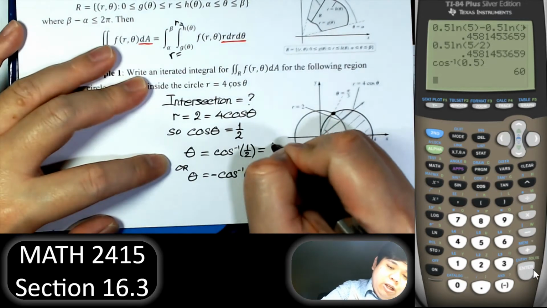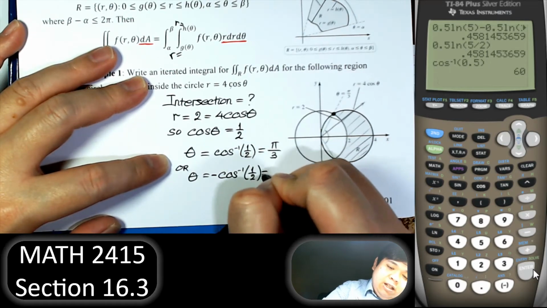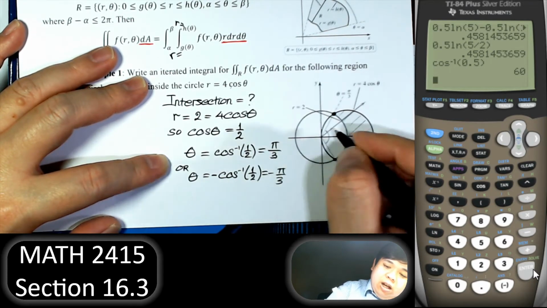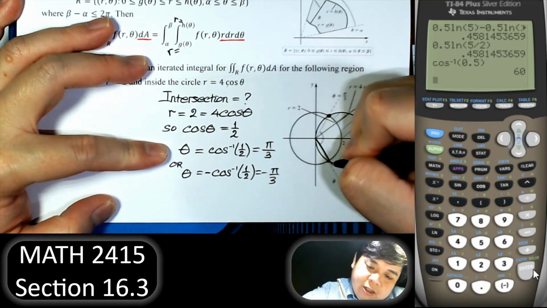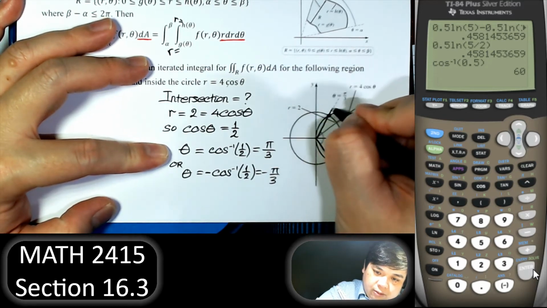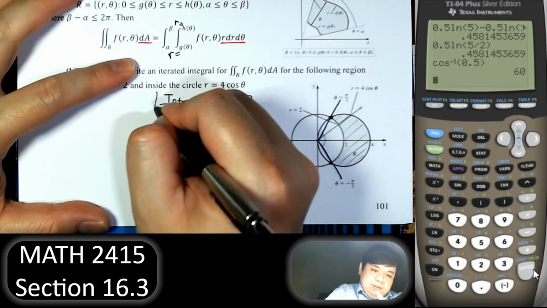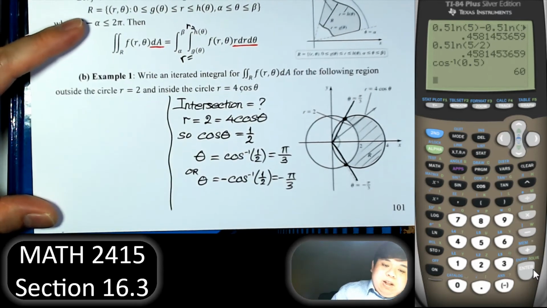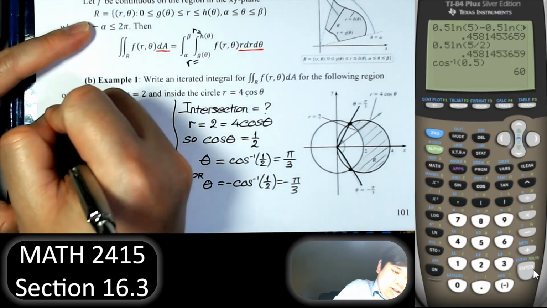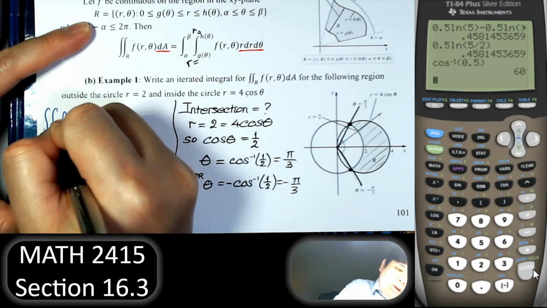Yeah, so pi over 3. And this is negative pi over 3. So those are the limits. Right. Now we will set up the integral. We will have the function